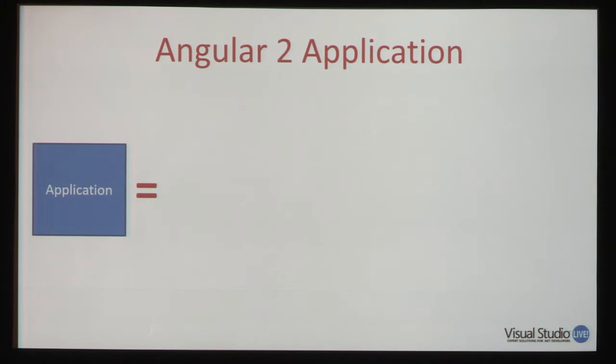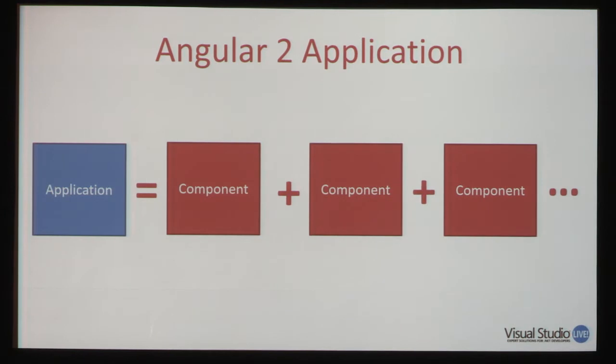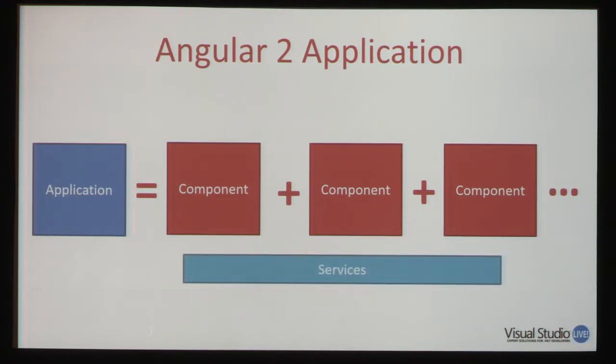Okay, so what is an Angular 2 application? An Angular 2 application is just comprised of a set of components. So we just build a component, build another component, build another component, and then we also still have services that have cross-cutting concern kind of things. So anytime we want to do like a logging component or data access component or anything like that, we actually wouldn't build it as a component, we'd build it as a service. We also can use services as a singleton so that we can use it to share data. So if we want to retrieve user preference kind of data, we can build it as part of a service, and then any of our components can get access to it.